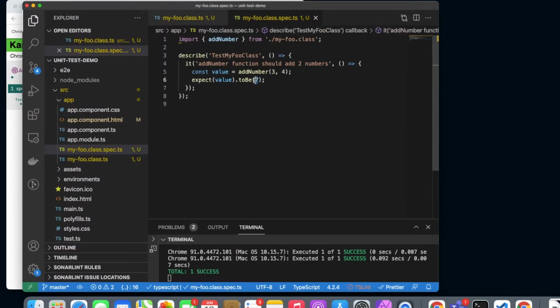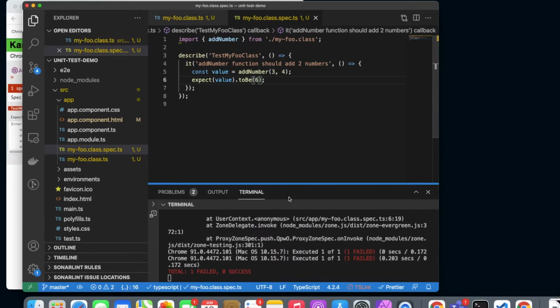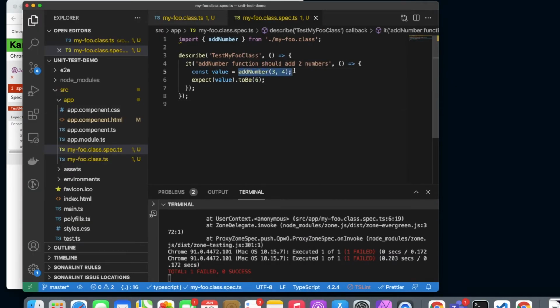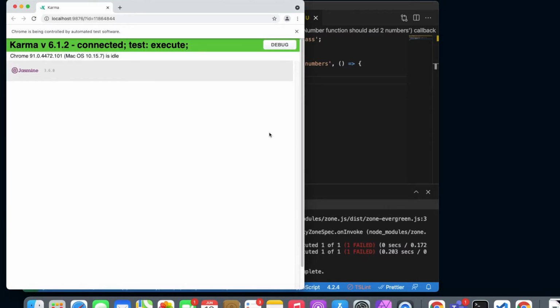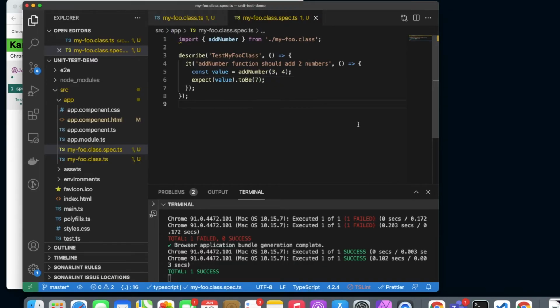What if I am expecting 6? This is a wrong expectation, I know. I just wanted to be sure that it's working fine. Yes, it is working fine. The actual result of this function is 7, and what we are expecting is 6. So to pass it back, here is how we correct test cases. Okay, fine, this is simple enough. So there is a class, I'm testing it and it is passing.